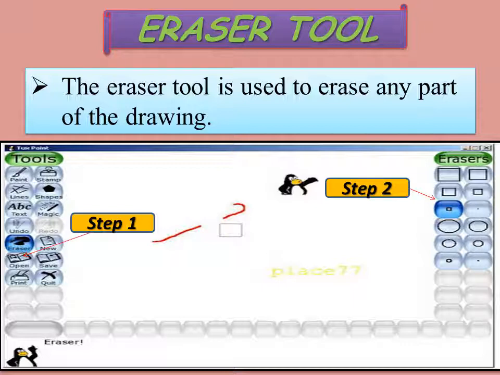Click and choose a size for the eraser from the selector. Step 3. Move the pointer to the drawing canvas. Keeping the left mouse button pressed, drag the mouse pointer over the part of the picture to be erased. When you finish erasing, release the mouse.